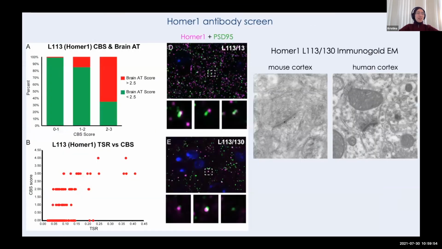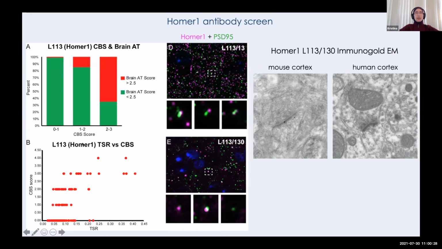And here is another example with a screen for Homer1. That's again done with NeuroMab. And Homer1 is known to be at the postsynaptic density of excitatory synapses. So here we also did some more extensive characterization of all the different clones. I think here there were 144 clones that were selected to actually convince ourselves that the proxy screen really works. And you can see that